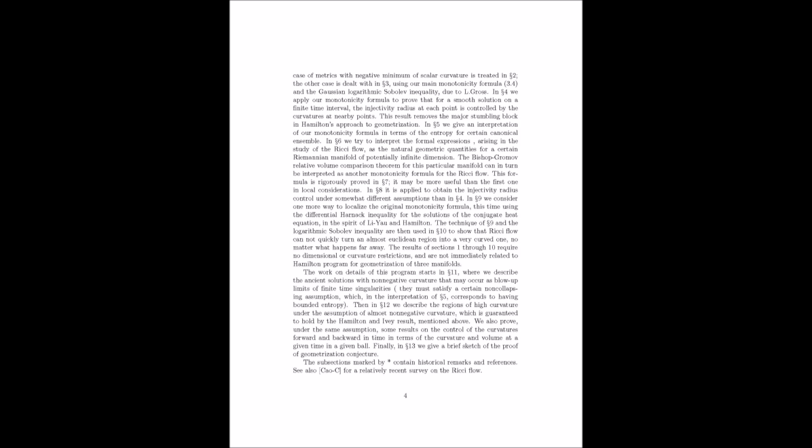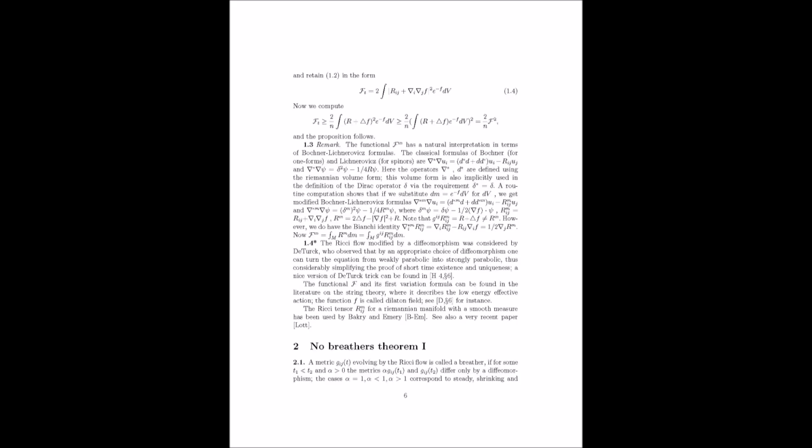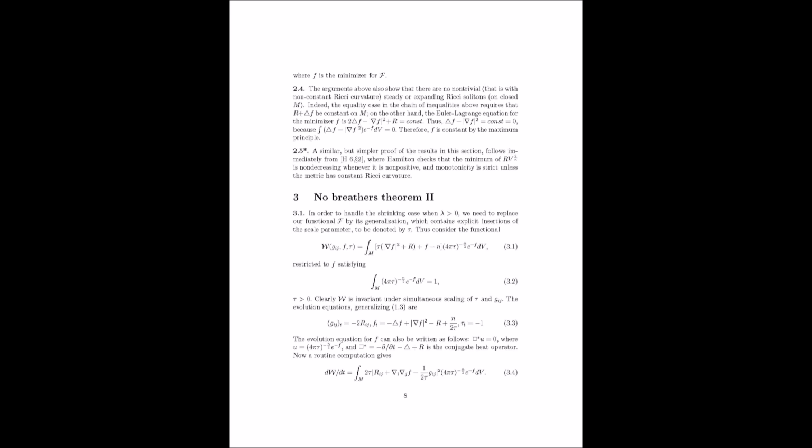Now, Perelman's no-breathers theorem says that for a closed manifold, there are no non-trivial breathers except for Ricci solitons. Ricci solitons, right. Aren't those the special solutions where the shape basically flows into itself? Exactly. They're like the fixed points of the Ricci flow, while breathers are like periodic orbits. And Perelman's theorem is saying that the only allowed loops in our Ricci flow movie are these special soliton solutions. That's a pretty strong statement about the long-term behavior of Ricci flow.